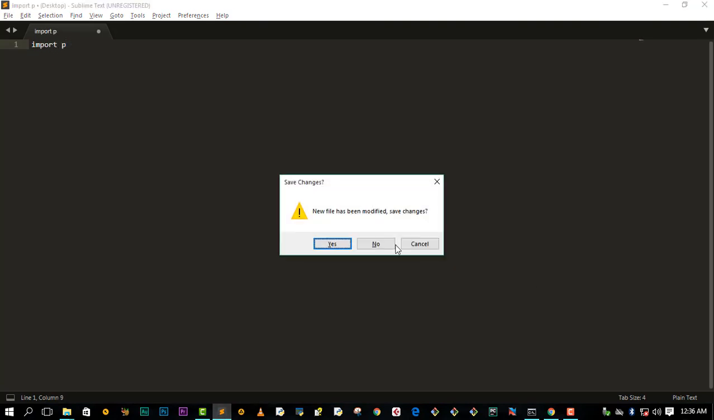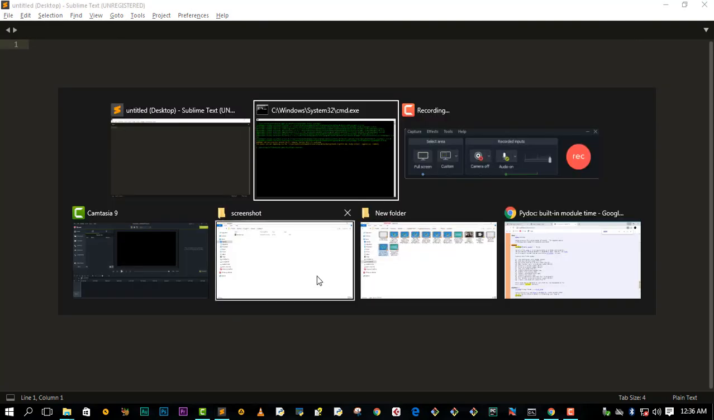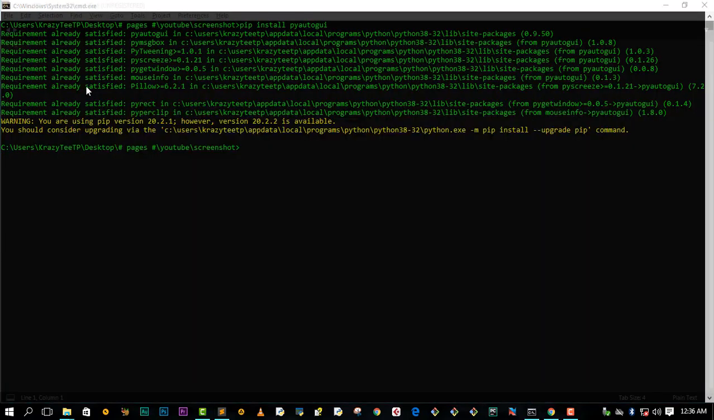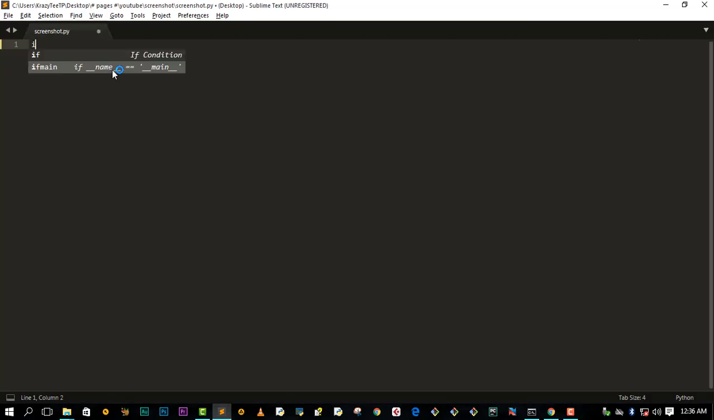Okay, let me say no screenshots. Let's import pyautogui as PA, not as PA. Okay, then what we need to do is we need to say PA dot